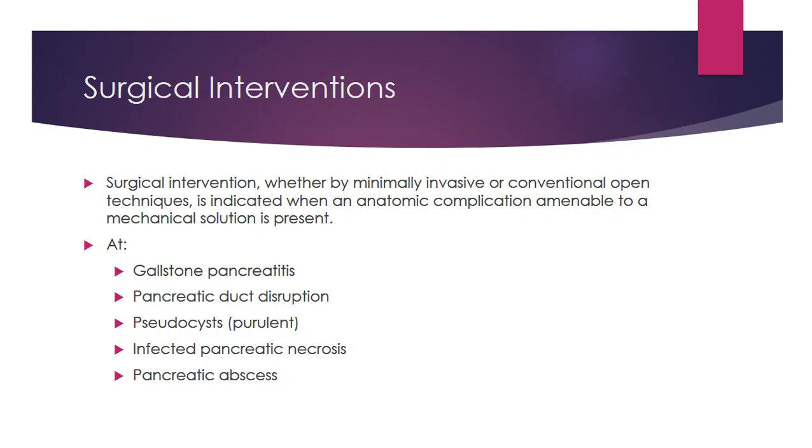Also, some non-communicating pseudocysts may be amenable to transmural enterocystostomy, and technical success requires a mature cyst that bulges in the foregut, and the distance from the lumen to the cyst cavity should be less than 1 centimeter. In general, purulent pseudocysts should be